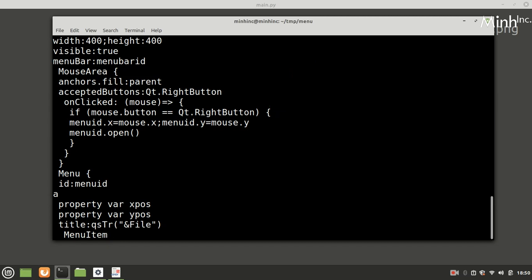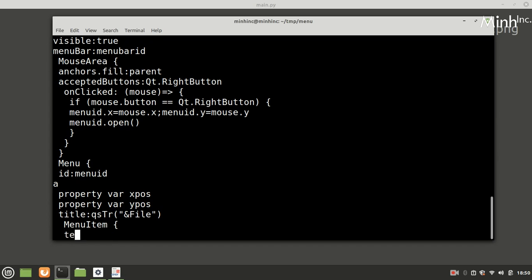Now we'll have two menu items and one sub menu. Menu item, and its text would be qsTr New.